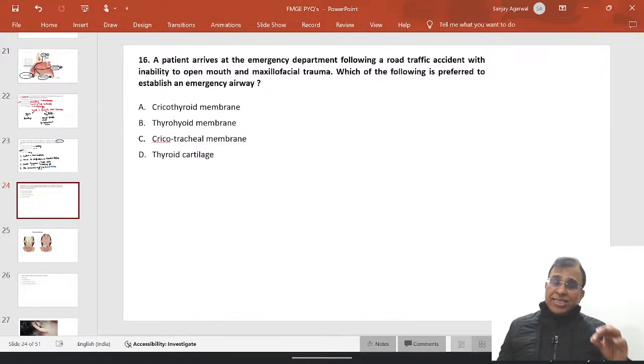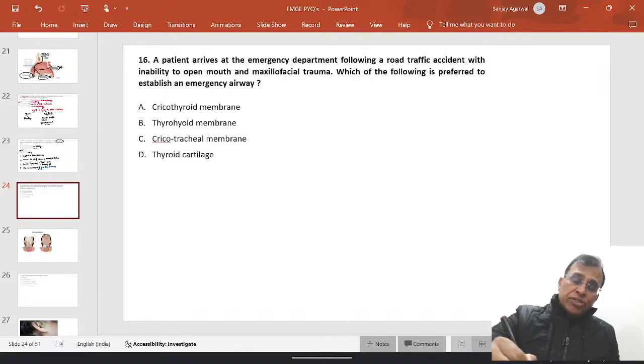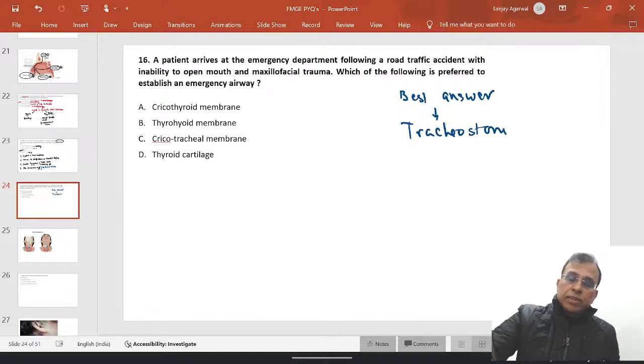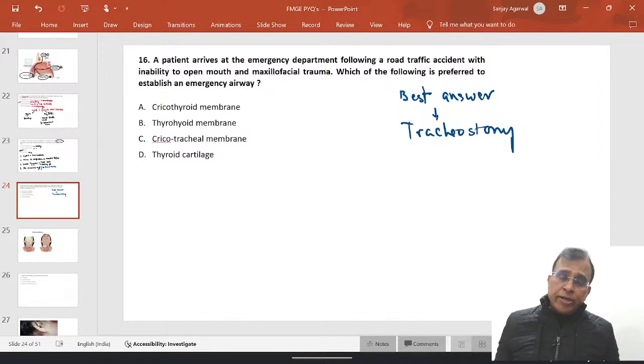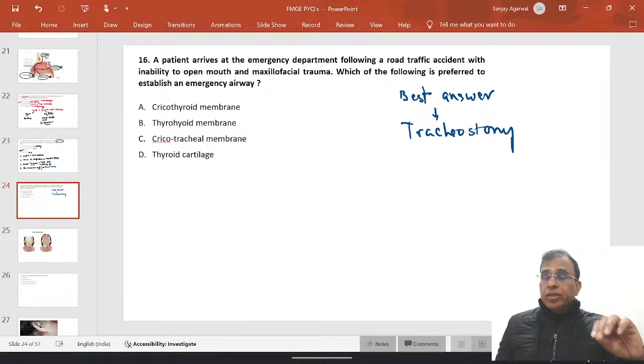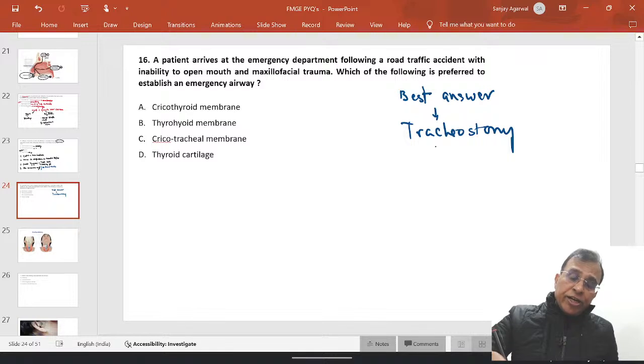Now, in this case, what is the best answer? The best answer is tracheostomy. Whenever there is an airway problem and you have to establish an alternate airway in an emergency, if you can intubate, the best thing to do is intubate immediately. But if there is maxillofacial trauma and the mouth cannot be opened, you have to open the mouth to intubate, so you cannot do the intubation. So tracheostomy is the best thing, and tracheostomy is done in the tracheal rings,